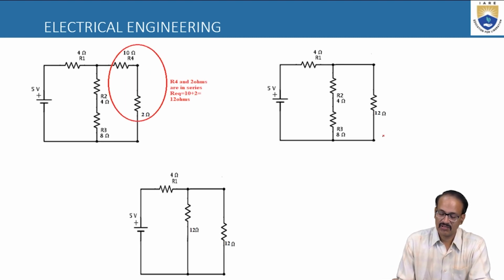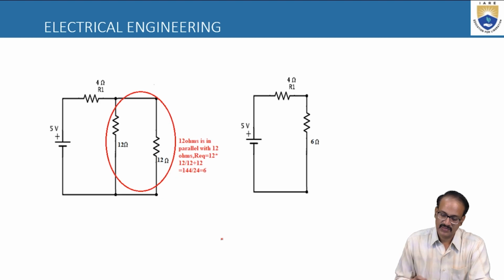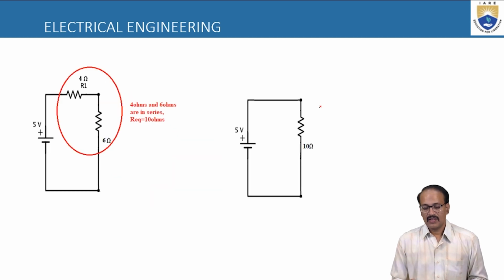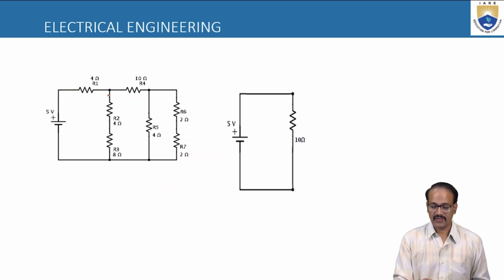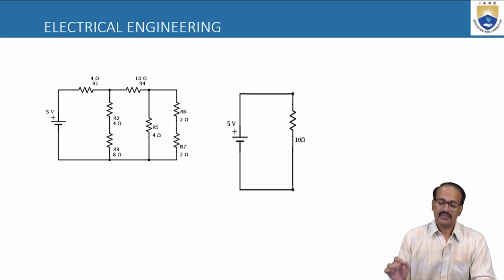Okay, 12, and these 12 and 12 are in parallel. So 12 into 12 by 12 plus 12, replaced with the value of 6, and 4 and 6 are in series, so replaced with the value of 10. And finally, this big circuit I have simplified into a small circuit, and I have found what is the R